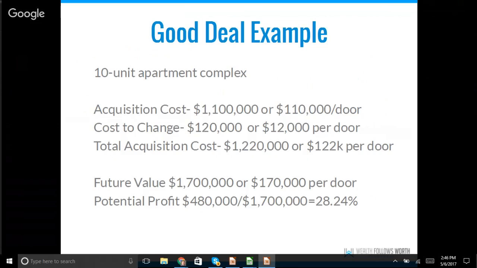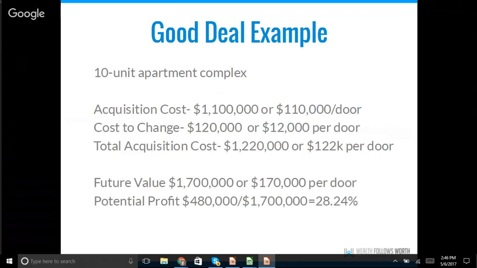And here's a deal. Let's say we bought a 10-plex for $1.1 million. We divide that by 10 doors because there's 10 units inside the building. That comes out to $110,000 a door. I'm paying $110,000 each. Now, if I factor that I need some carpet and paint and rehab in each of them, a new roof and some parking lot and architectural engineering fees, let's assume we're going to pay about $12,000